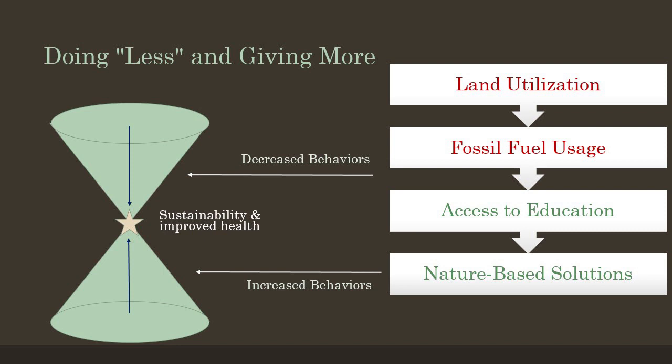Taking a look at the lower cone with an arrow pointing up towards our vertex, this represents the activities that can be increased to reach our goal. Improving access to education and allocating resources towards preemptive mitigation techniques is critical, as we found through the UN Sustainable Development Goals, and can have a profound impact on slowing climate change if done correctly. Alongside climate awareness and preparation for natural disasters, implementing nature-based solutions like protecting our forests can support biodiversity and promote